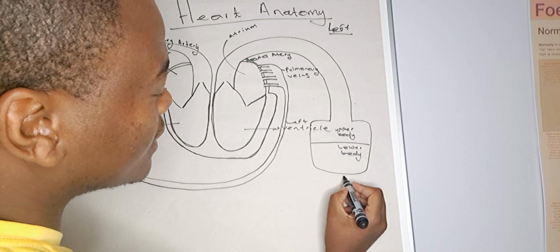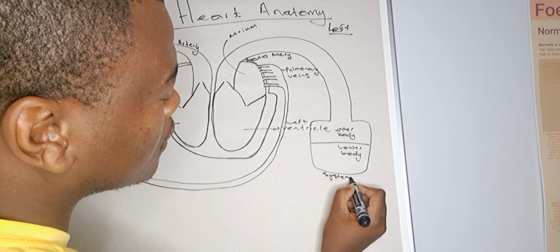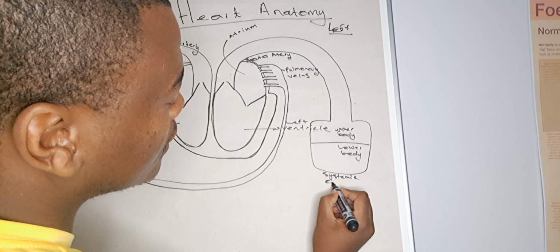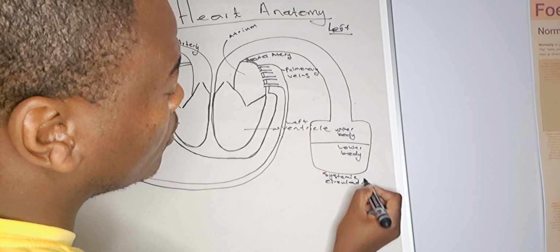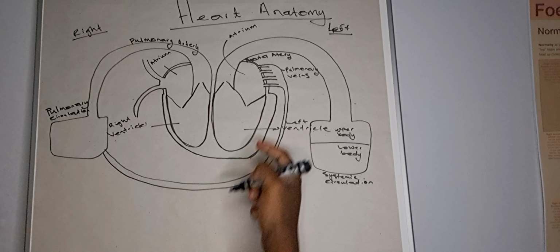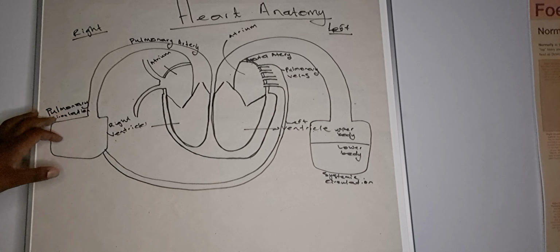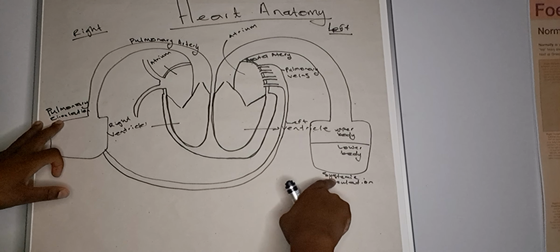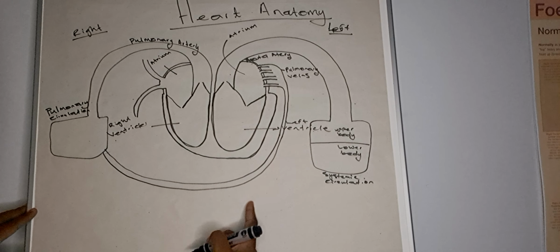This one we call systemic circulation. So we do have our pulmonary veins, we have our pulmonary circulation, we have our systemic circulation, but we don't have our